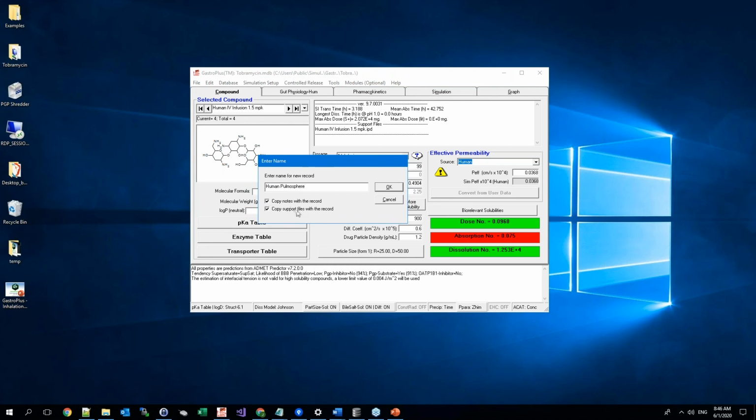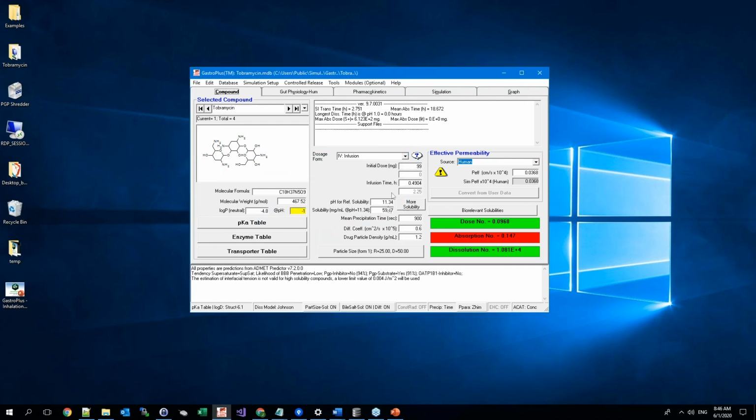And in this case, we want to uncheck copy support files with the record. This is because we don't want to copy the IV infusion concentration time profile, right? We want to enter in a new concentration profile specifically for the tobramycin. So I'm going to uncheck that. And now we have our new